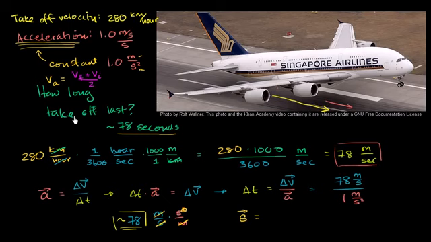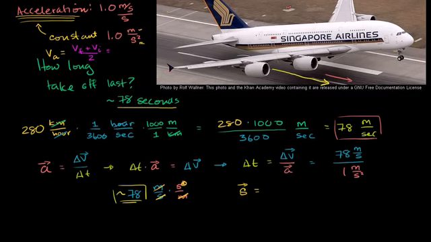And so in this situation, what is our average velocity? Let's do it in meters per second. Our average velocity in this example is going to be our final velocity, which is 78 meters per second, plus our initial velocity. Well, what's our initial velocity? We're assuming we're starting at a standstill, so plus 0, all of that over 2. So 78 divided by 2 is 39 meters per second.